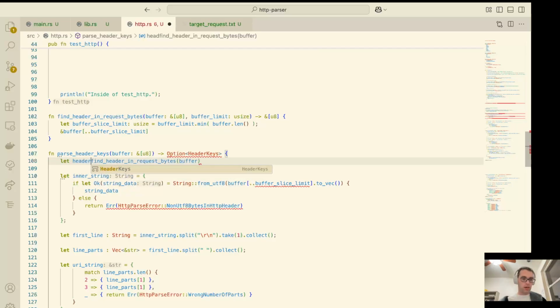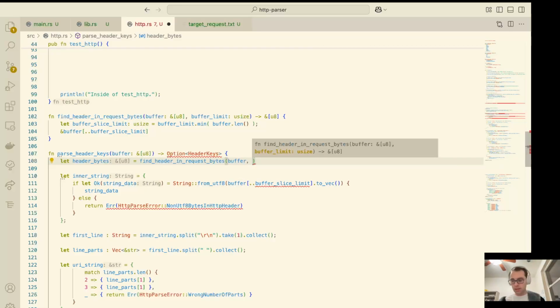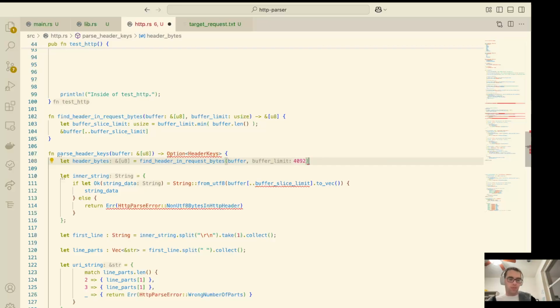Let header bytes equal this. So our buffer, and let's say we just want to look up to the first 4092 bytes. That's quite a lot. That's 4 kilobytes. If we have a header that's larger than that, we need to rethink what we're doing in life. Okay, cool. So we have our header bytes, and what we are,